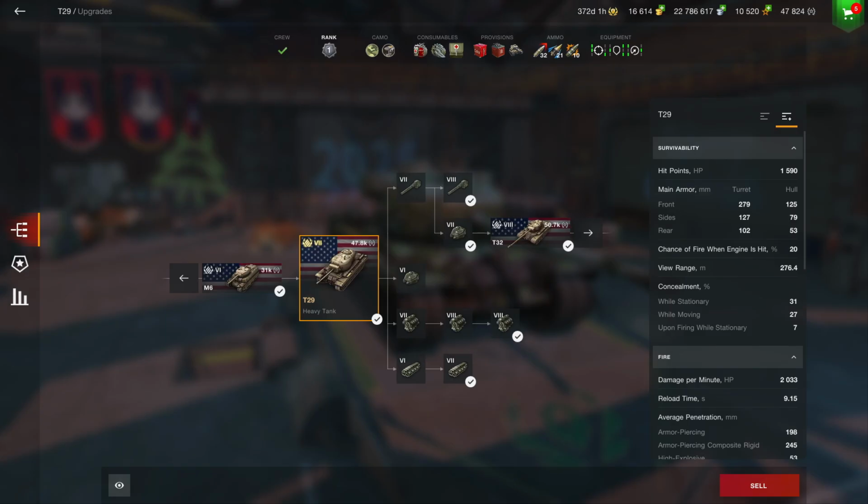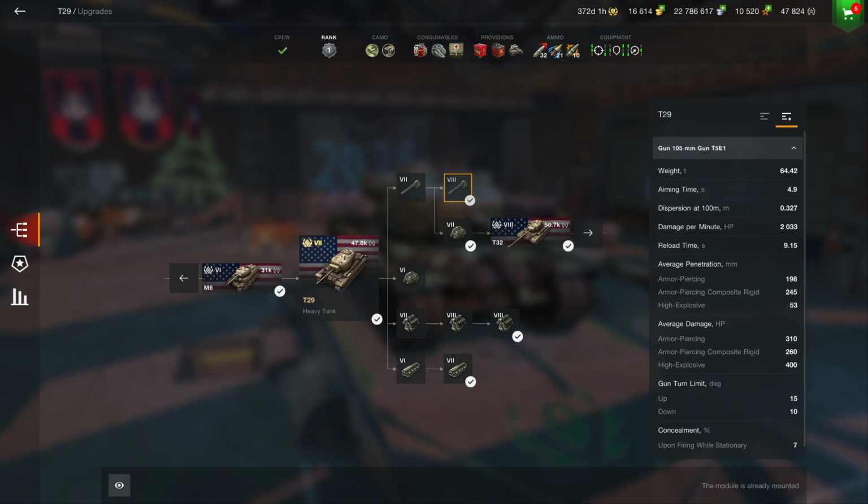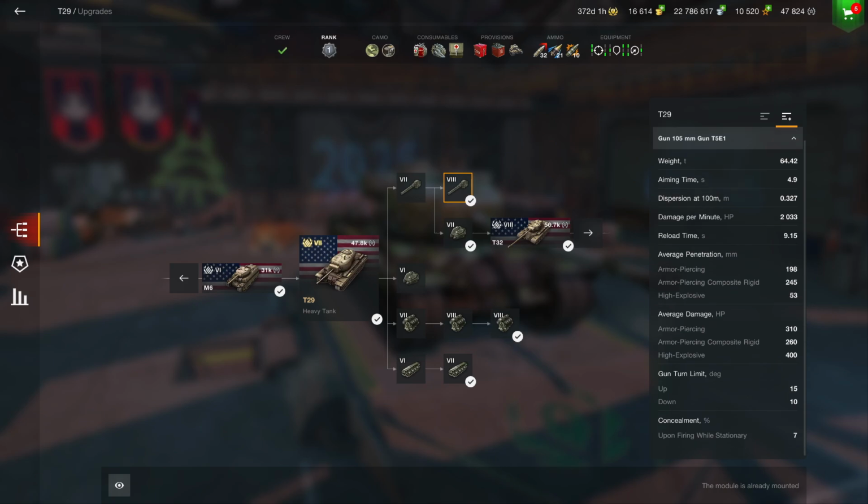The problem is, if we take a look at the T-29 and all of its stats compared to the Tankenstein, especially when it comes to its main gun, since they share the same main gun, you'll notice some pretty stark differences. If we take a look at the 105, one of the big differences between the two is the reload time. On the T-29, it's almost 9 seconds. Meanwhile, on the Tankenstein, it's almost 11 seconds. So that's like almost a 2-second difference. And that puts the DPM of the T-29 in the 2000 territory, which is much better than what you get with the Tankenstein. Everything else is fairly similar, but you actually get better depression as well when it comes to